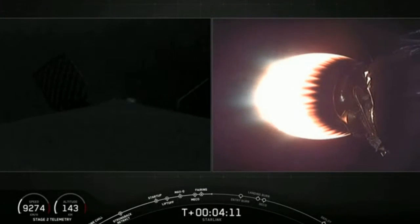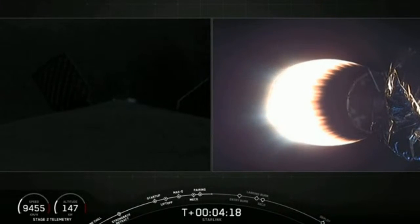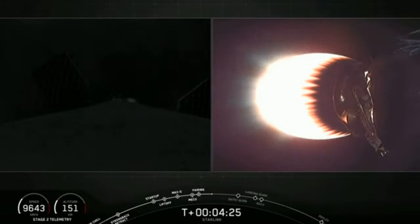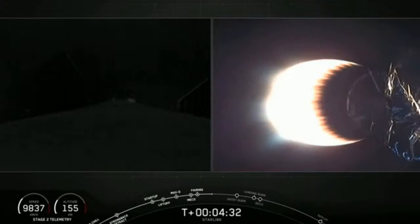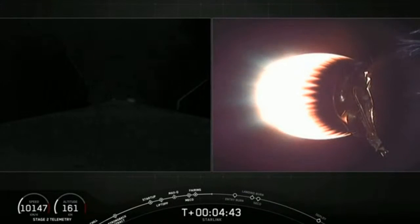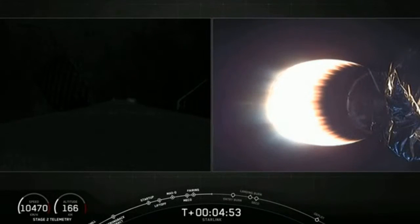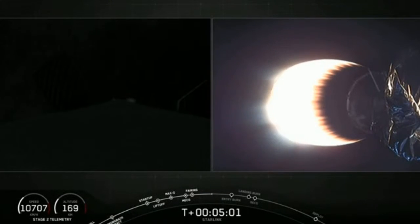And as the first stage makes its way back to Earth, it will perform 2 burns, the first of which will be the entry burn, and that is where 3 of the 9 M1D engines reignite. And this helps slow the vehicle down as it re-enters back into the upper part of the Earth's atmosphere. And finally, the second and final burn is the landing burn. And this is a single engine burn. That's the center M1D engine that reignites and brings the vehicle all the way down, very, very rapidly slows the vehicle down so that it can touch down and land on the drone ship. Again, we are attempting to land the first stage today on Just Read the Instructions, as our Of Course I Still Love You drone ship was occupied with our Demo 2 vehicle from...